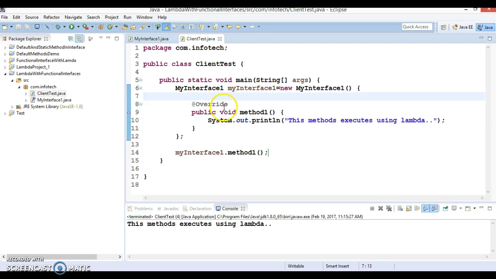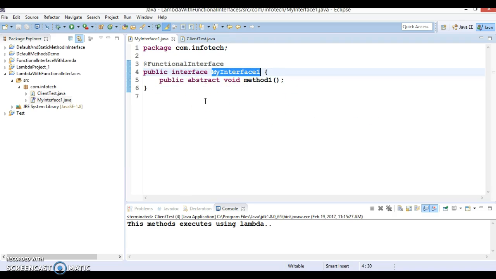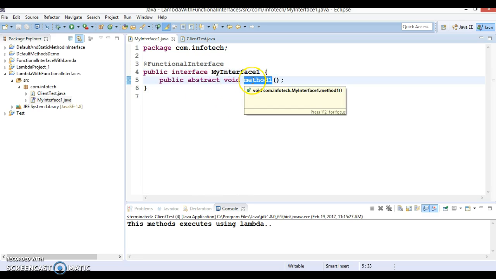But this is the traditional way in which we have been implementing method1, which is inside this interface, using an anonymous class. But we can achieve the same through a Lambda expression as well. The Lambda expression says, as a functional interface contains only one method, this method is very well known: what the return type of this method is, what the name of this method is, and what the access modifier is.